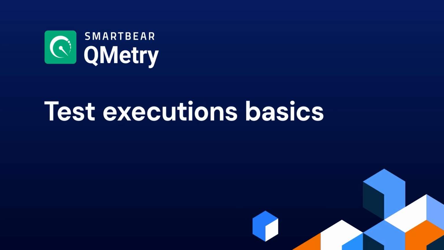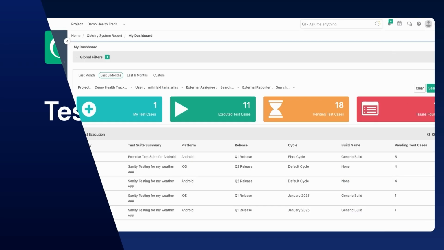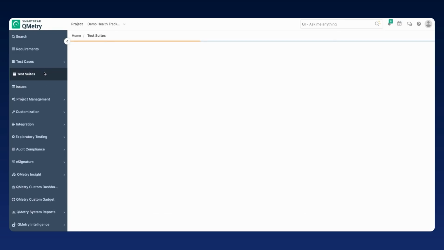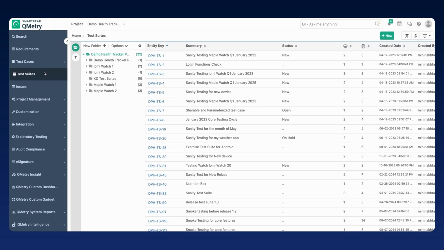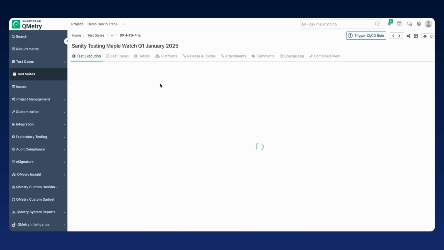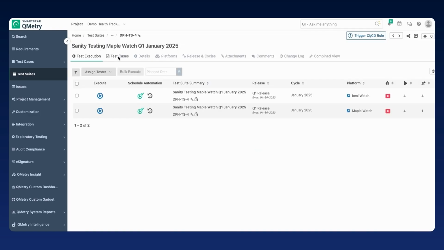This module will help testers record the results for the tests assigned, be it manual test case execution or automation execution. The Test Suite module can help you easily record results for your tests. Let us first understand what a test suite is. A test suite consists of three things: test cases,